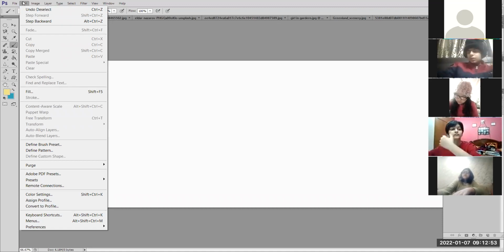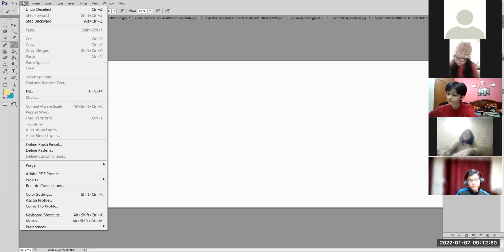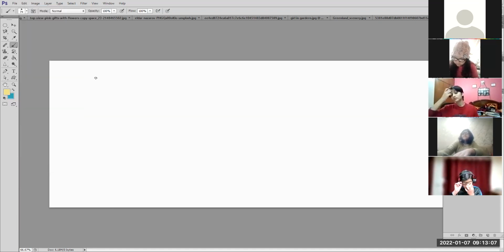If you want to undo more than one action, click on Edit menu, Step Backward, shortcut key Alt plus Ctrl+Z.